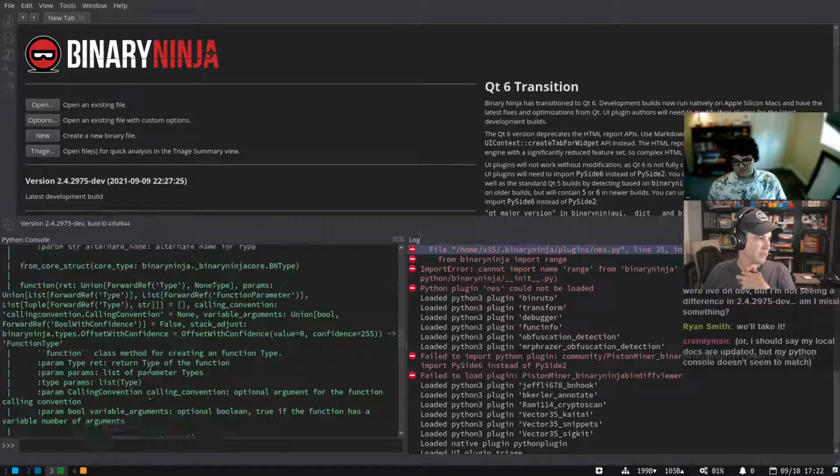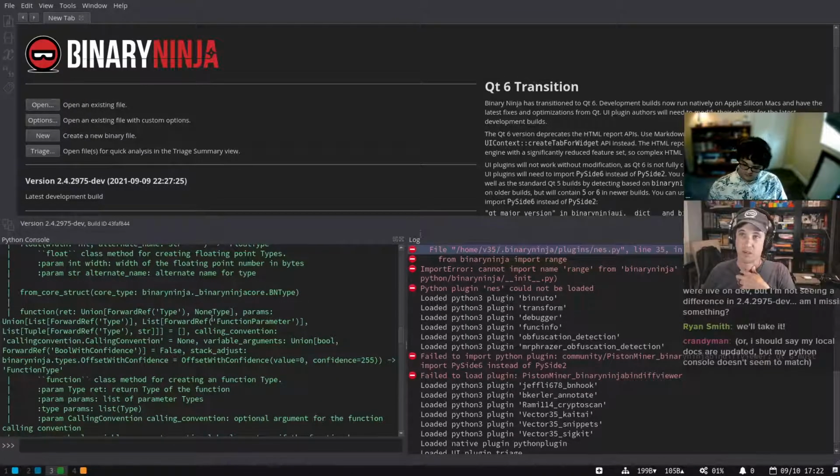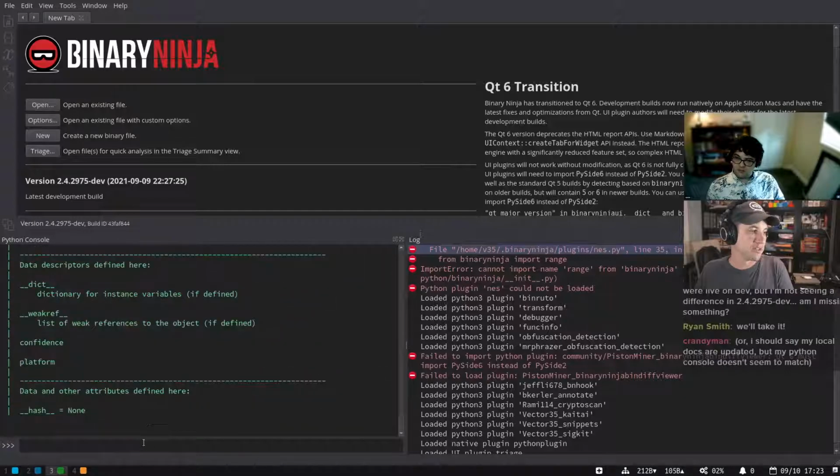This is definitely the new API, because look at all that type info. And 2975. So, yep. I think that's RJ, I assume, based on the handle, but the Python console doesn't seem to match. So what are you using based on your Python console to determine that you do not have the updated API would be my question. Because it should be there.